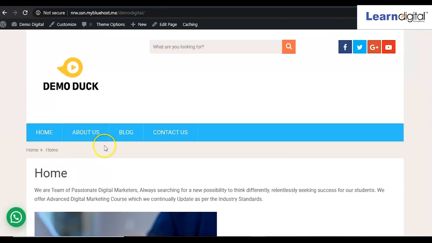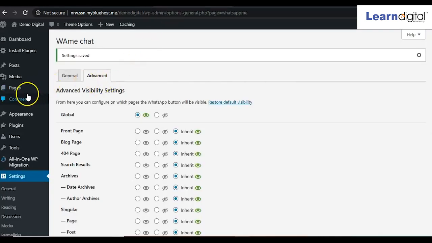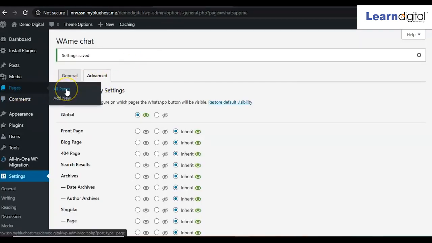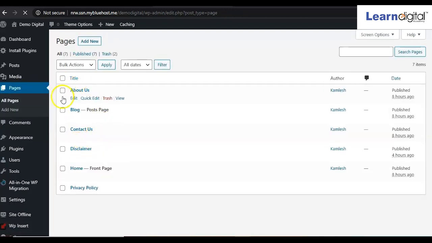Now, if you want to create more pages, right now 4 pages are coming. If you want to create more pages like product and services, you can create them from your backend. Simply go to the pages option, go to all pages, and you can increase the number of pages, right?